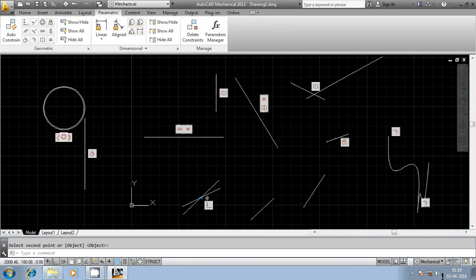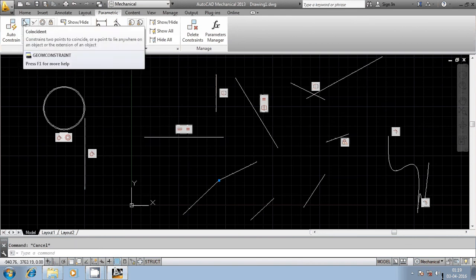You can see here the midpoint of the first one became the reference, and the midpoint of the second has to coincide with the first one, so that's how we have coincided them. Otherwise, if you want to select endpoints, you can select the endpoints. You can see here this became the reference. Now I want to move this point to this point, so let us select the second one. Now it moved to the first point. That is how you can use this coincident option.